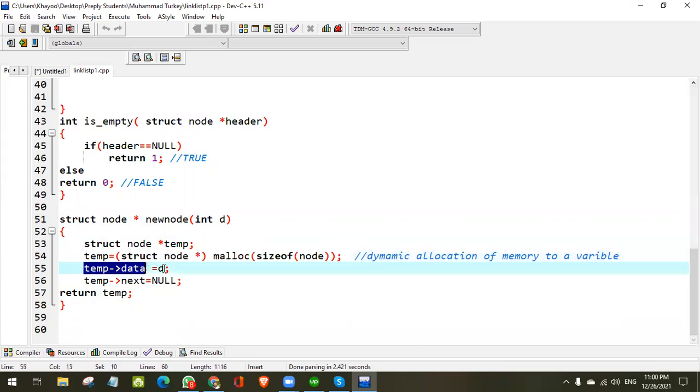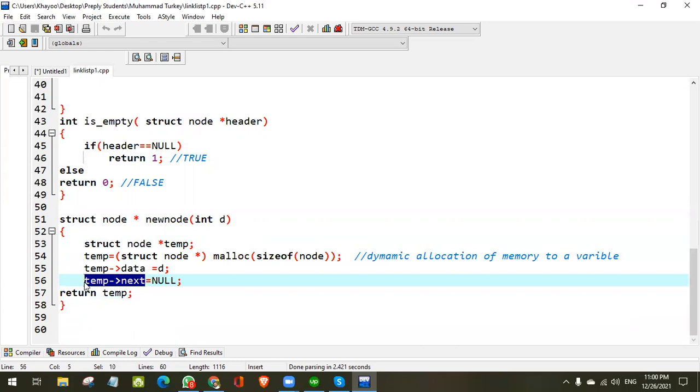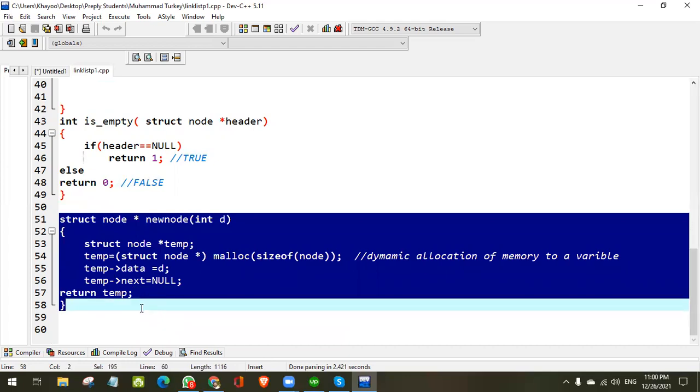And this is simple assigning. The value of D is going to be assigned to this special type of variable. The null value is going to be assigned to this special variable. And this complete thing is a small task that is called a function.